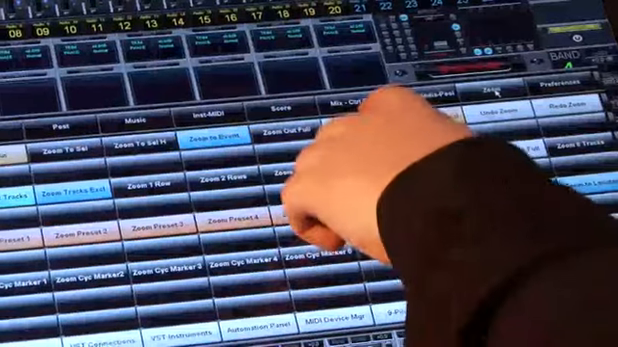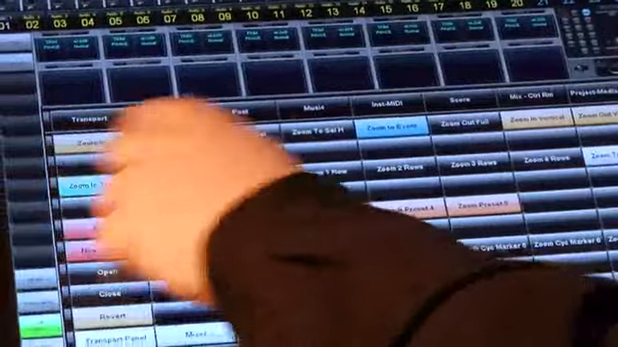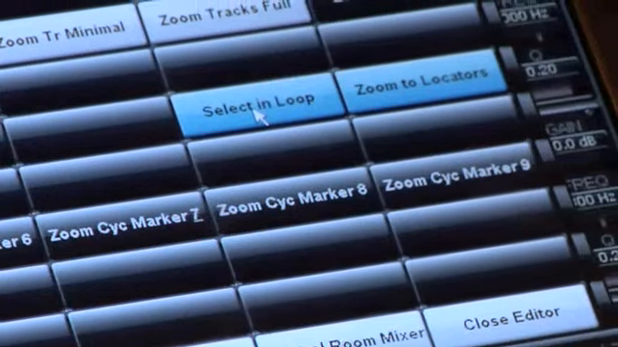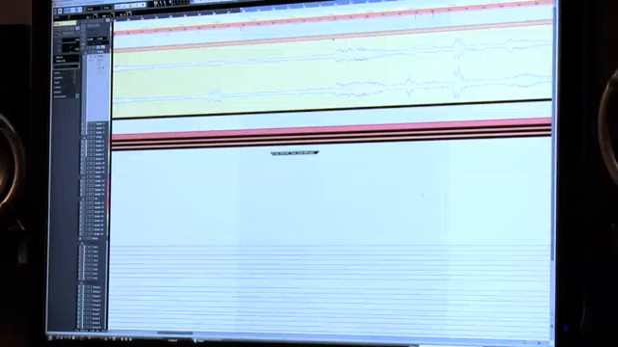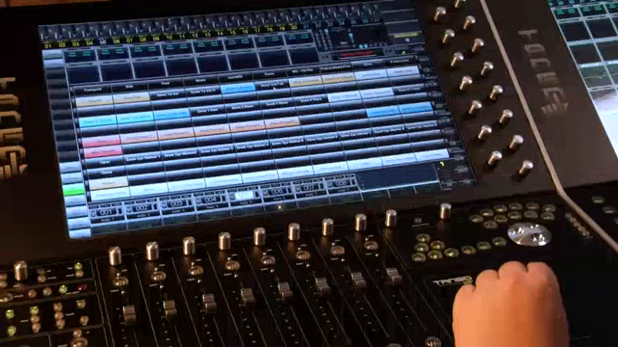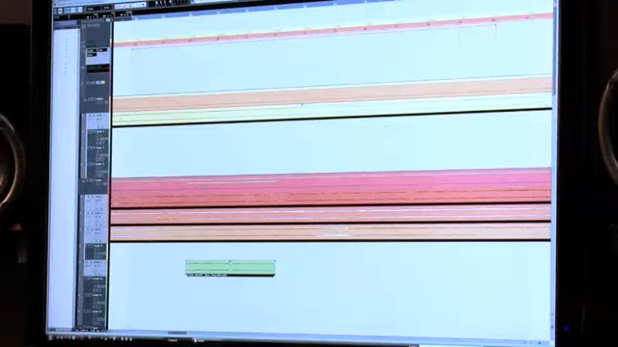You'll note that the standard zoom in and out is there, but there are also a host of other functions that are really useful. Once you've set your locators, you can use the select and loop to highlight all of the events that fall within the left and right markers. This includes events that run outside the locator boundaries. This is useful because you can now use zoom to locators to zero in on what you've selected, or use zoom to selection to view the entire range of events to include those that start before and or finish after